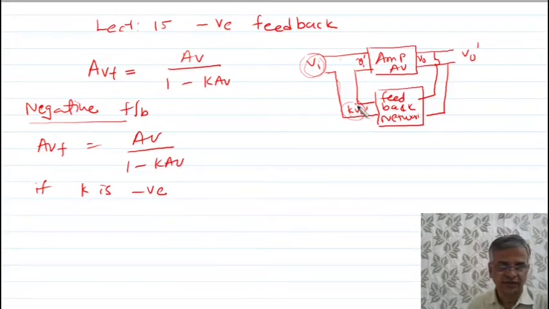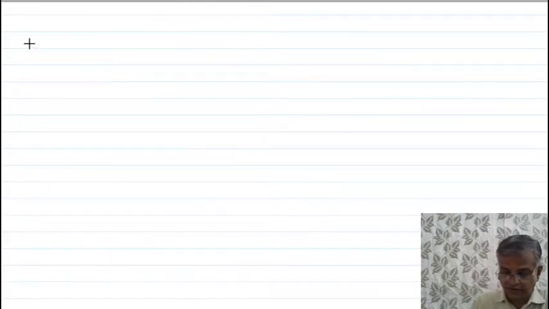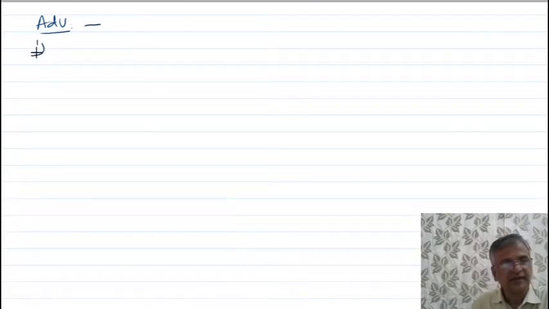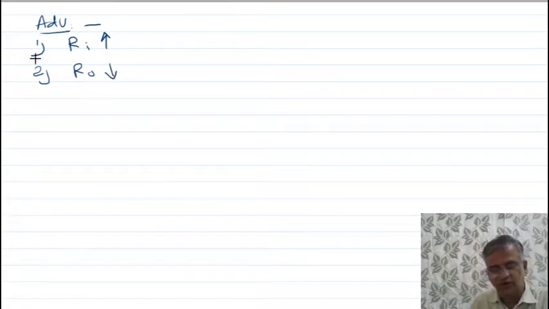This was negative feedback. So what are the advantages of negative feedback? If you use negative feedback in an amplifier, what are the advantages? I am listing them. First, input resistance increases. Second, output resistance decreases. This is all the advantage I am writing for voltage series